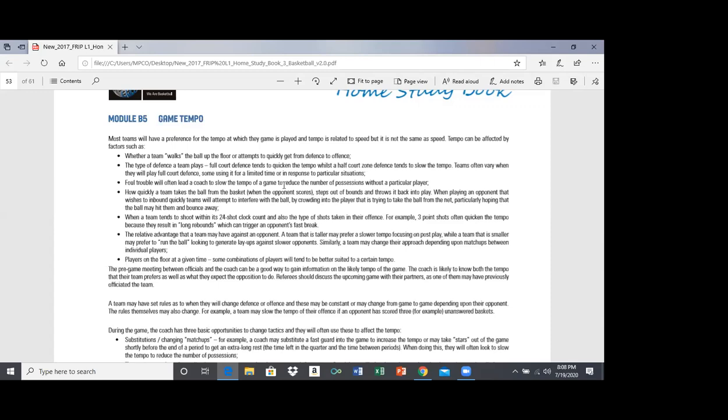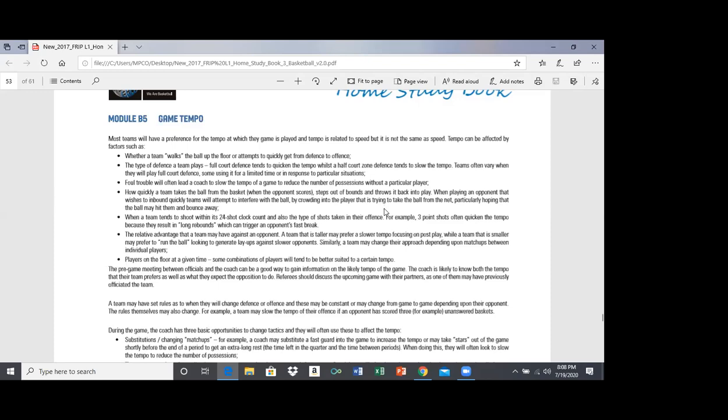Factors such as foul trouble will often lead a coach to slow the tempo of a game or to reduce the number of possessions without a particular player. Sometimes particular players are off the court, they get in foul trouble, and you want to slow the game down, run off some of the time so we can get that player back in the game without having them foul out. The next factor, how quickly a team takes the ball from the basket,